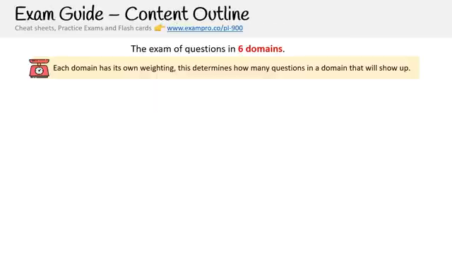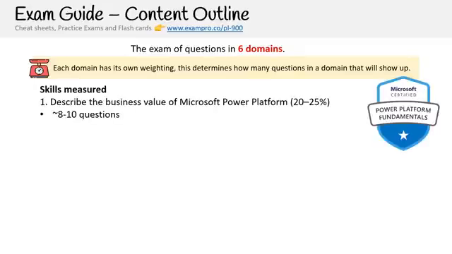So for the contents of the exam, the certification exam consists of 6 domains, each with its own weightage that determines the number of questions from that domain that will appear. So for domain 1, which is business value of Microsoft Power Platform,